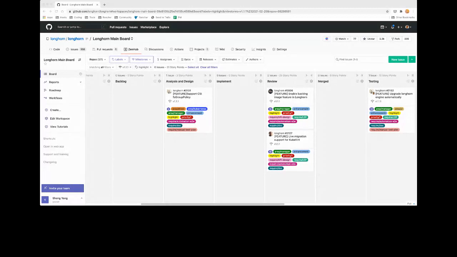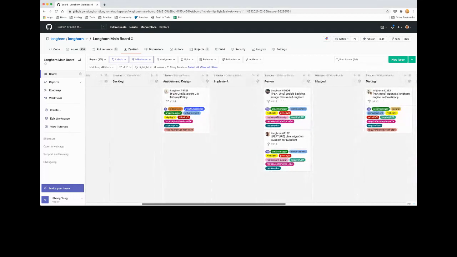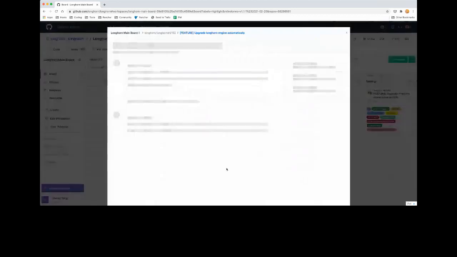So for the next release, Longhorn 1.1.1, we are targeting early next month for the release date. And currently the 1.1.1 is mostly a stable release, and we have a few outstanding enhancements that we're still working on. The first thing is, in the 1.1.1, we are going to support upgrading the Longhorn engine